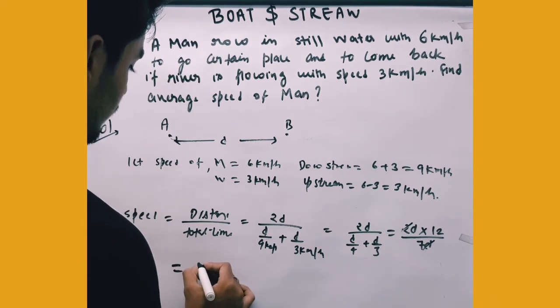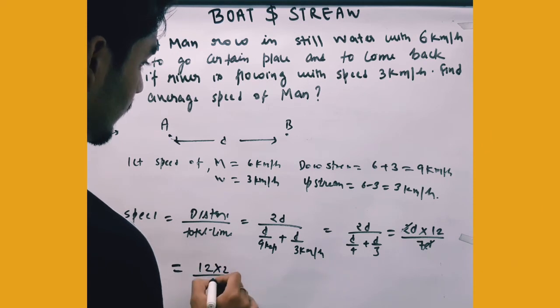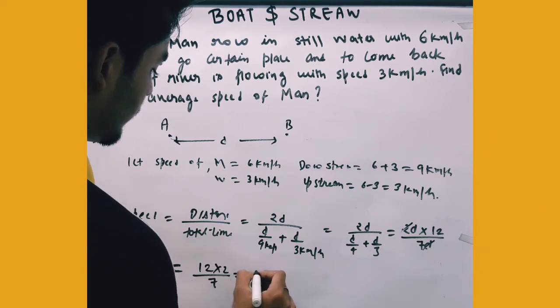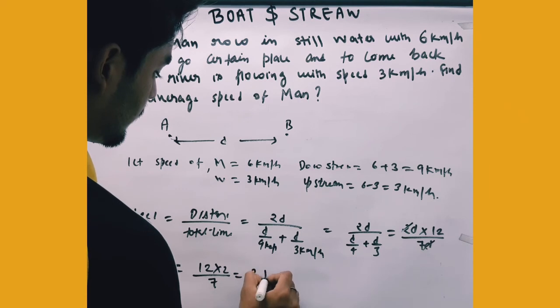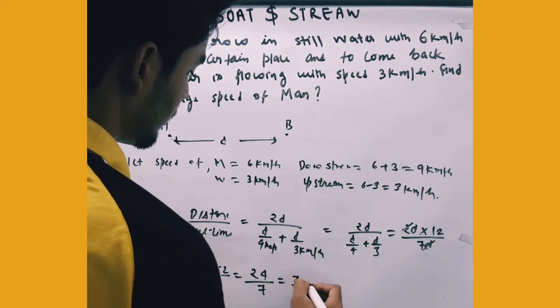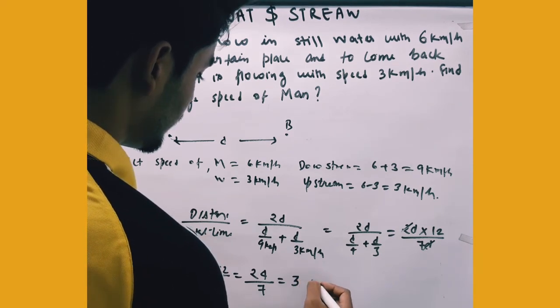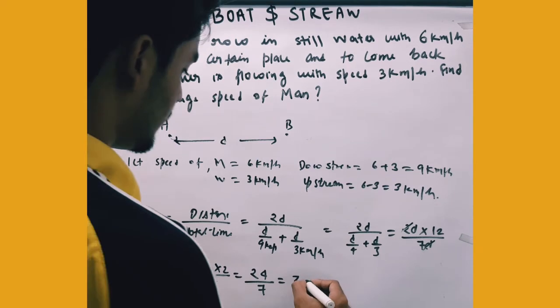On further solving, we get 12 multiplied by 2 divided by 7, which is 3.59